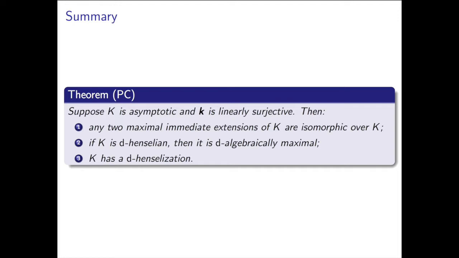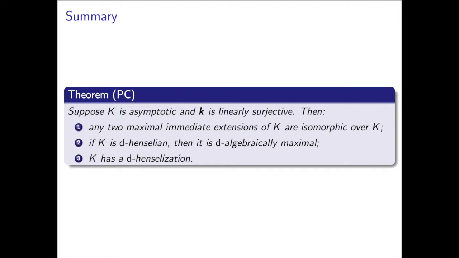Yeah, so just the summary. The point is that in the asymptotic setting, we get these three general valuation theory theorems, or analogs of them, that we had in the setting of valued fields, which we don't necessarily get in certain other cases that are still of some interest. We do not get all of these theorems.